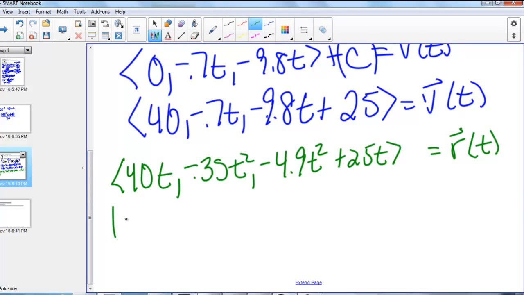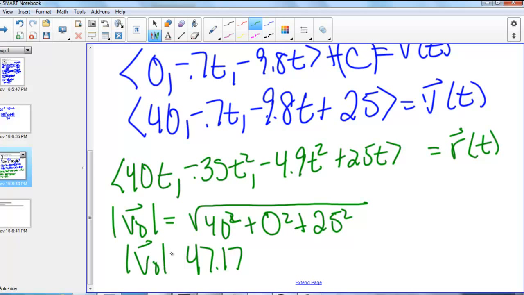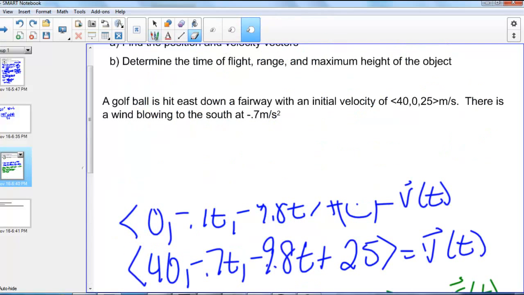So we need the magnitude of our initial velocity. So that is going to be the square root of 40 squared plus 0 squared plus 25 squared. That gives us 47.17 is the magnitude of our initial velocity. We also need to find our angle. So if we have a right